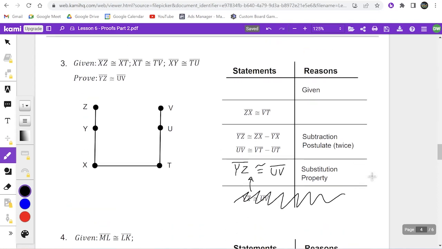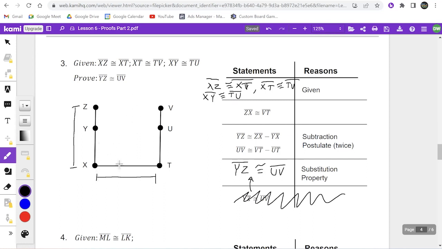Okay. So first, we're going to rewrite the givens. We got XZ is congruent to XT. Got a lot of givens. We have XT is congruent to TV. And we have XY is congruent to TU. Now let's be clear about what we're saying here. XZ, that's this one right here. We say that's congruent to XT right there. And we also say that XY,